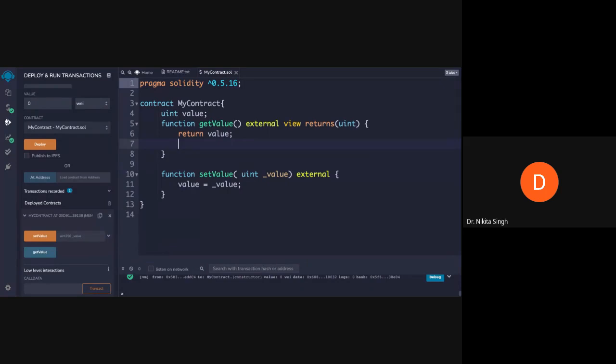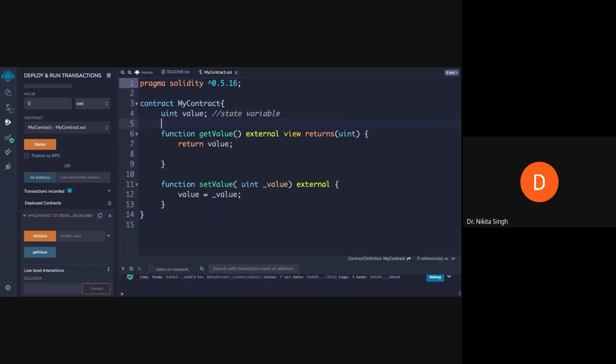Now we'll be talking about the function visibility keywords. Function visibility keywords allow you to define who can have access to your functions. If you now see here, this is your state variable, and this state variable gets stored on your blockchain.